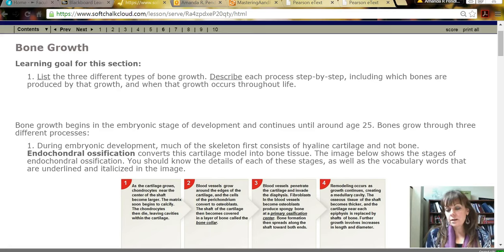Okay, so now I'd like to talk about how bone gets bigger, and specifically we're talking about during development, during puberty, during growth as a child, those sorts of things. So we're talking about big changes. We're not talking about the natural remodeling that occurs. And so specifically during development,